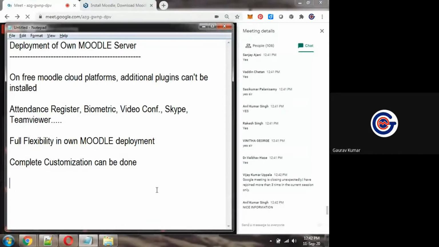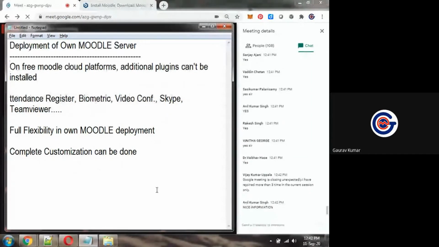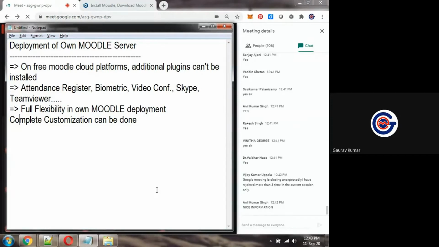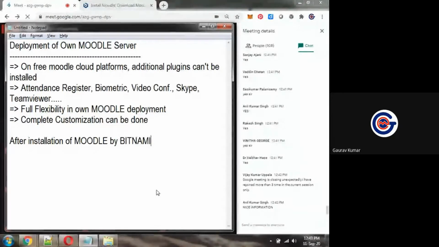Now what will we do? See this very carefully, because this is how we can work on Moodle deployment. After installation of Moodle by Bitnami, you will get a control panel on your laptop, computer, or server.